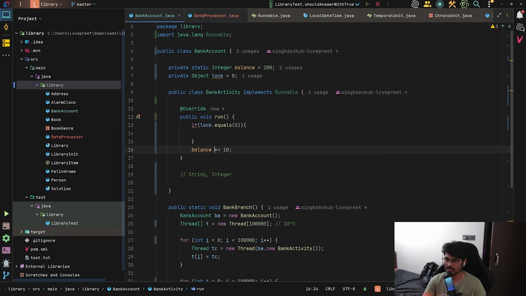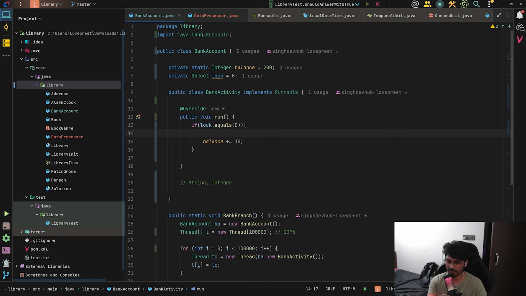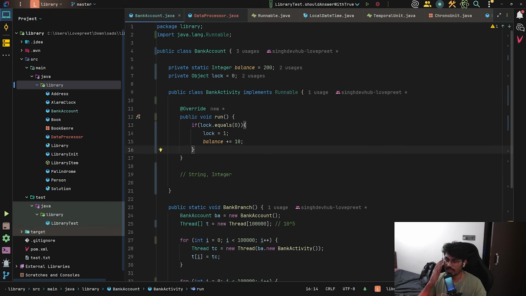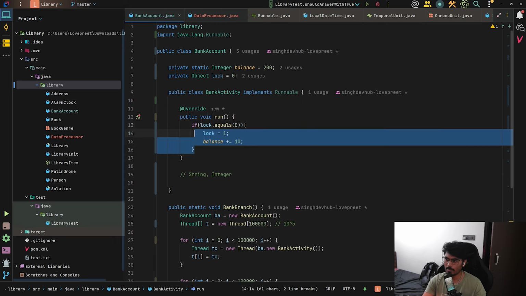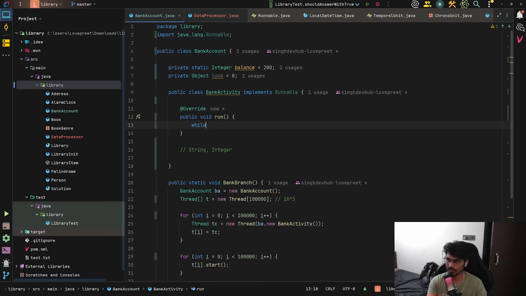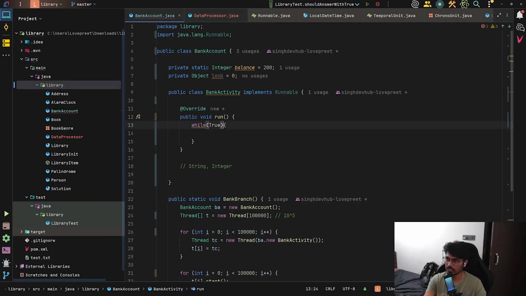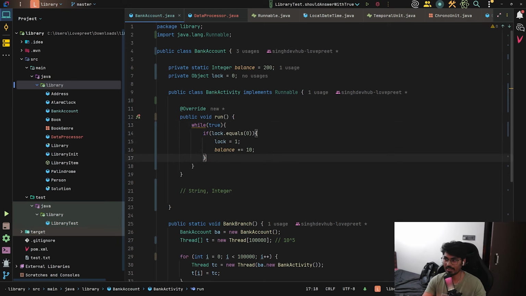I will run my method, and before that I will make sure loc is equal to 1. Let's put a while loop here. So I will keep checking. I will keep running my loop till loc is not equal to 0. And as soon as I get loc equals to 0,